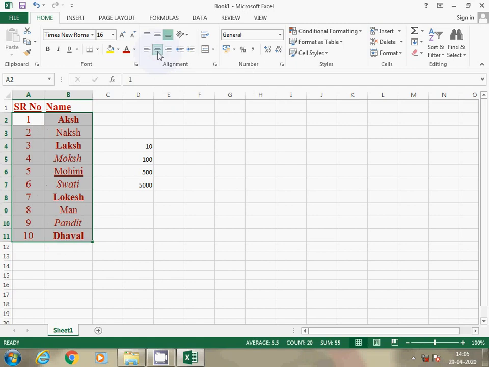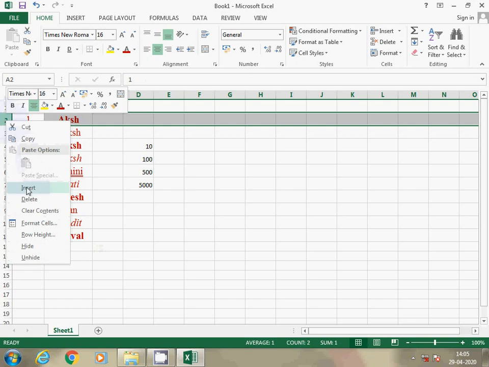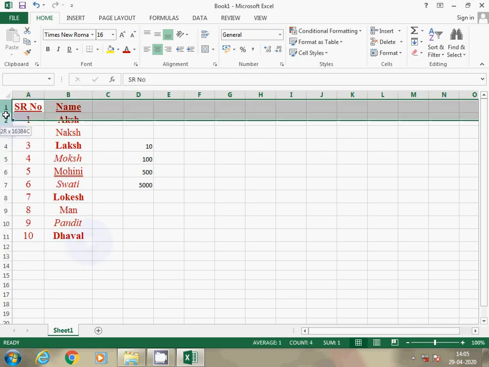So these are the general placement of your contents. So this way you can align. So I have aligned it center. This vertical alignment currently is not applied because cell row height is less. When we change the cell row height, then it will be applied here also. So let me change.